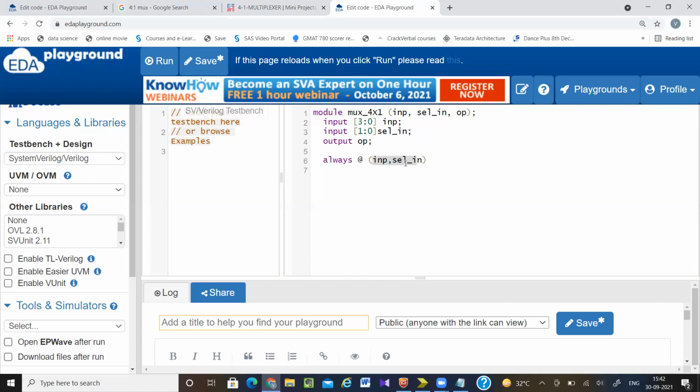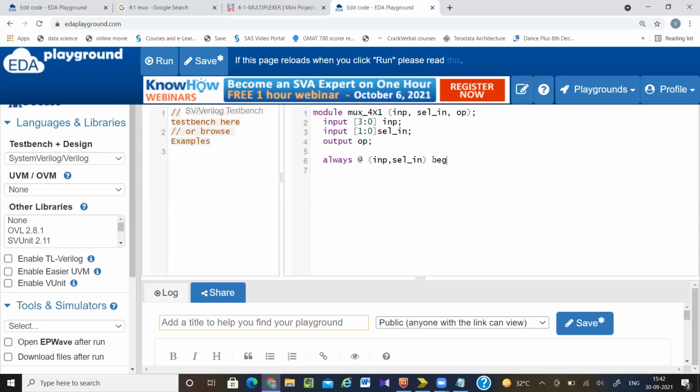The synthesis tool does not care about the sensitivity list, but the simulation tool does, so both results will not match. Not matching is not a good thing. Whenever we do any design, our synthesis and simulation results should match.